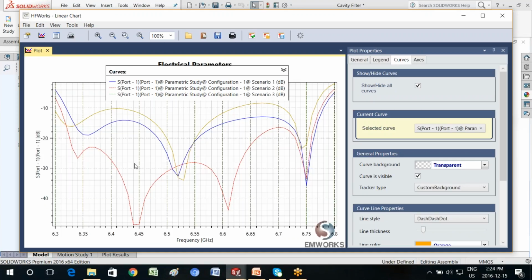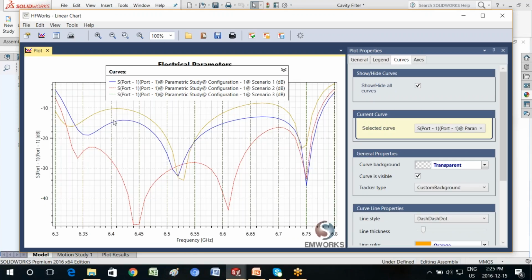seems to be one which is behaving really nicely between 6.3 and 6.8 gigahertz. It has a very low dB, and the bandwidth, as you can see, is somewhere between 6.3 and 6.8 gigahertz, where the average dB is less than -20 for scenario 2.